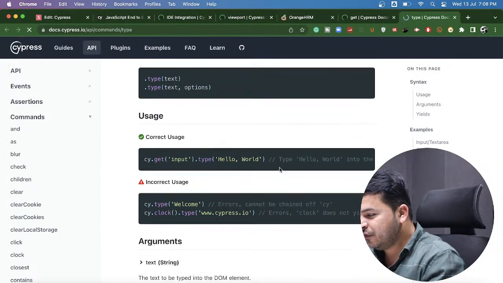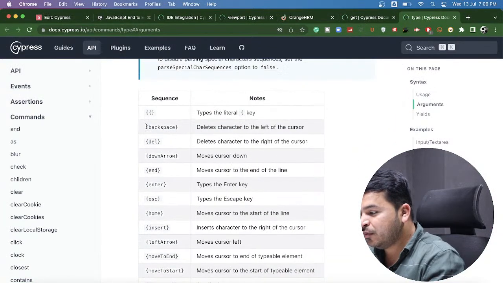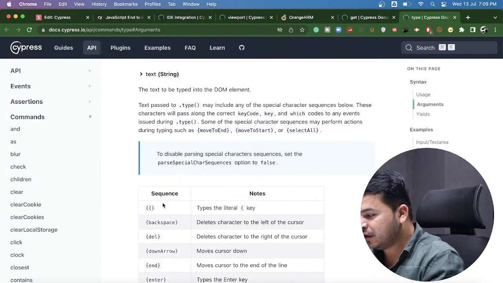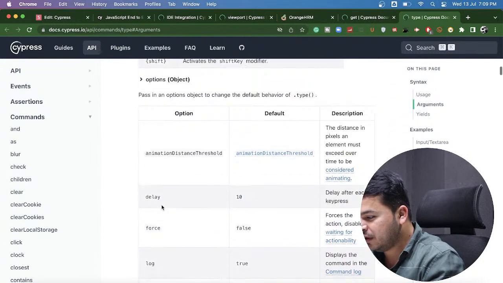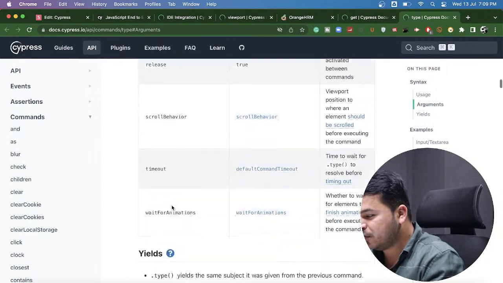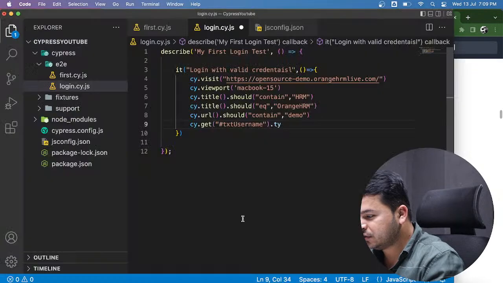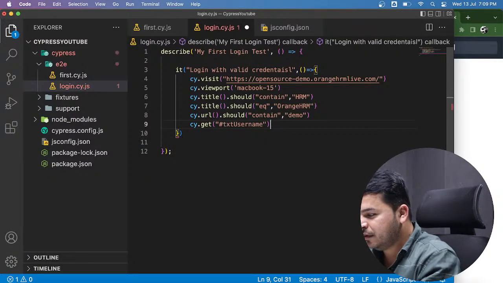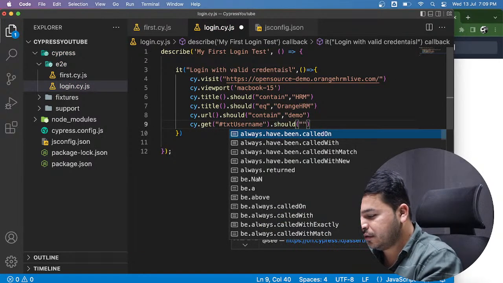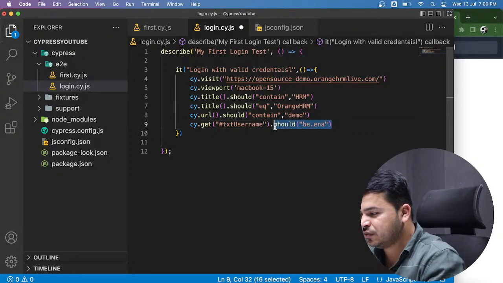here itself you can do multiple things. You can also provide keyboard events. Let's say you want to hit enter using type, you can do that. See, they have given a sequence that you can use. Along with that, we also have something called force. I will talk about force as well. See, beautiful documentation. Let me type, but before type, let me add one assertion, optional but good to have, be enabled, or let me just first do type